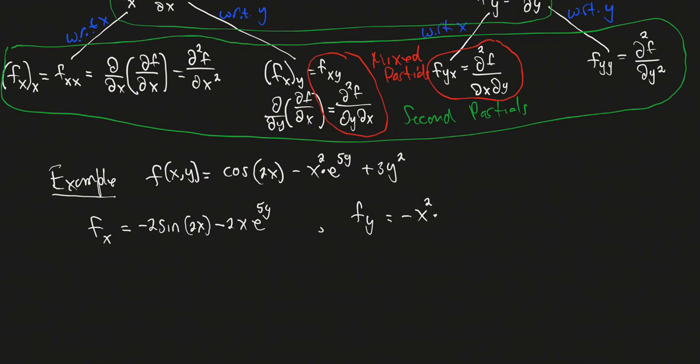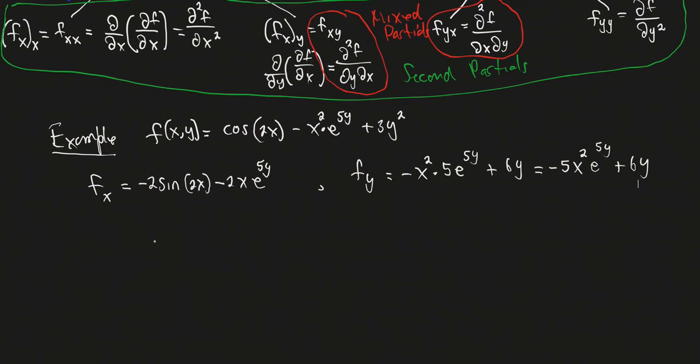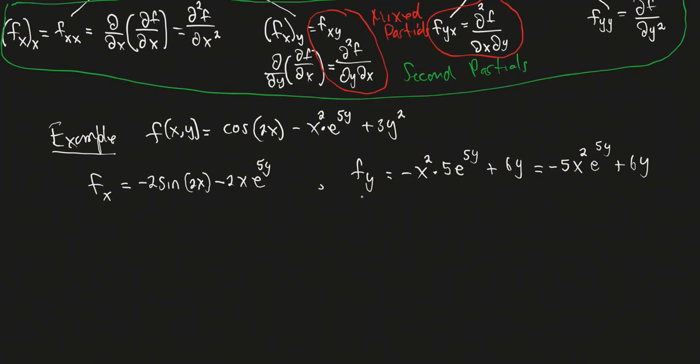Now we have to multiply by the derivative of e to the 5y. So using our chain rule, that's 5e to the 5y. And then our last term, differentiating 3y squared with respect to y, that's 6y. So I'll go ahead and write this as, again, I like to put my constants first, so minus 5x squared e to the 5y plus 6y. All right. So those are all the possible